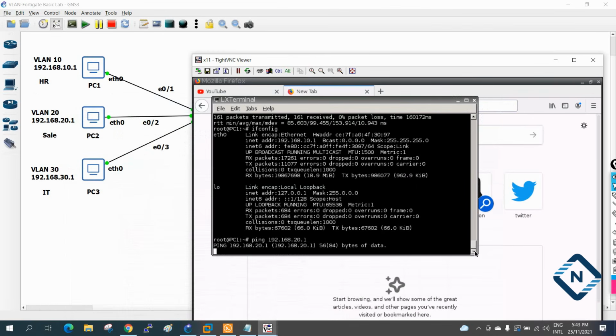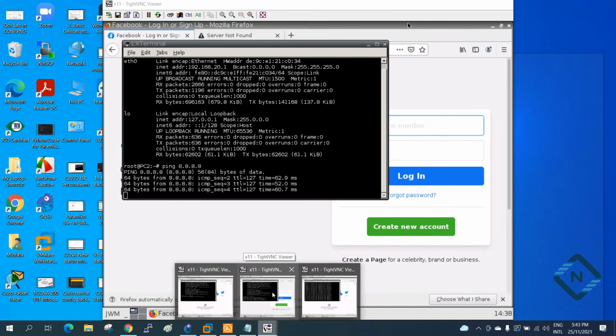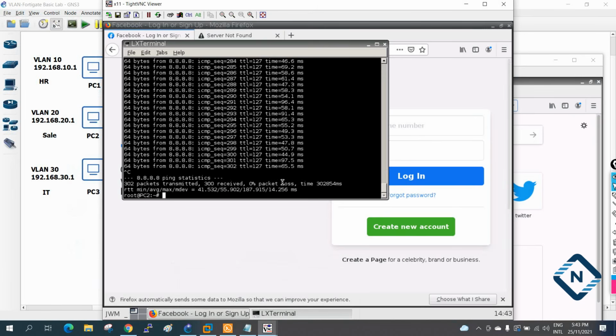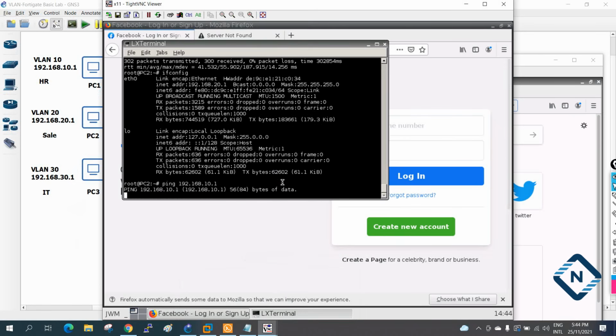It is not working, because if you remember, before when we were doing the configuration I told you about intra-zone: if we did not allow that, they will not communicate. I hope you remember that. But anyhow, let's see if it is working or not. It will not work. Anyhow, I am pinging this one, so let me go to the other machine, and here I will stop this one. I will check ifconfig, and here ping 192.168.10.1. I am pinging 10.1. Let's see if 10.1 will work or not.